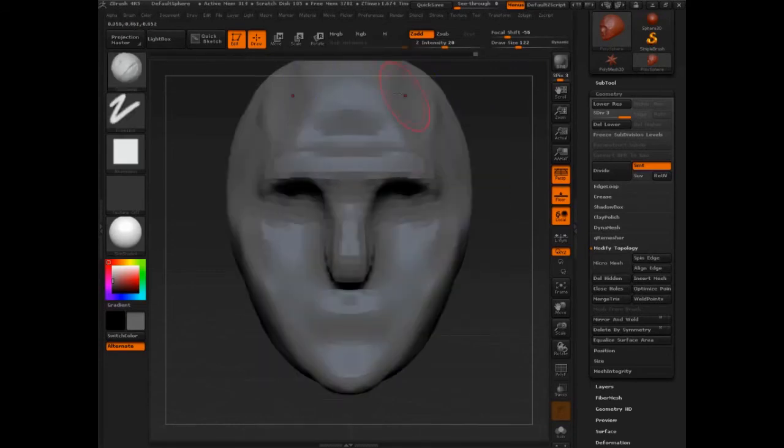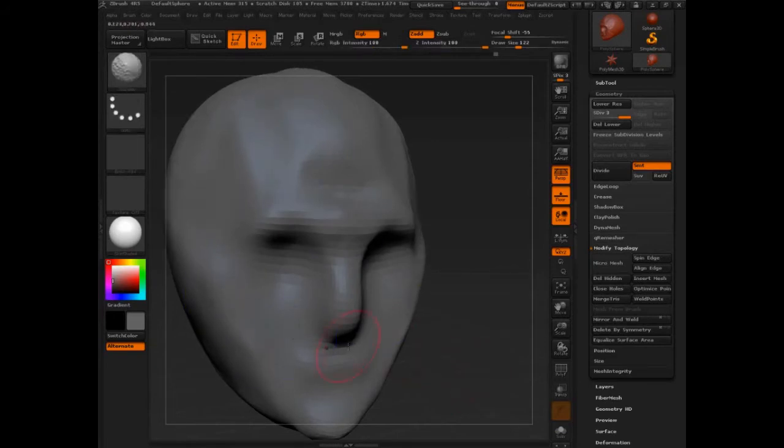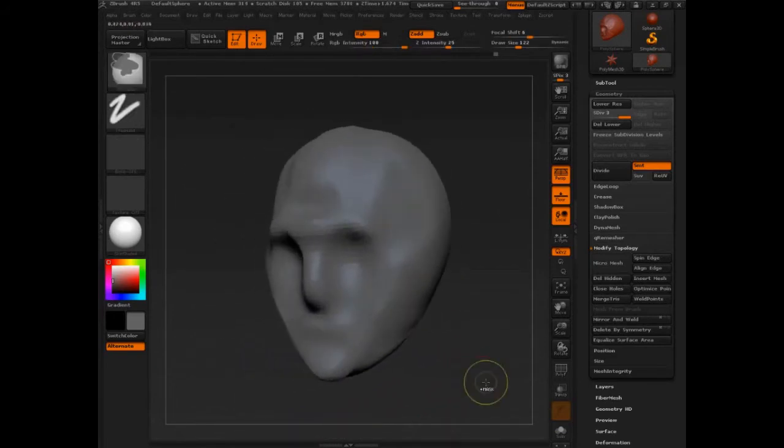Now, I'm going to smooth this out so I can show you what it's all about. Then I'm going to actually undo all that smoothing. So all I do is press shift and brush along the surface. You have to keep shift pressed. I'm only going to use this on occasion,